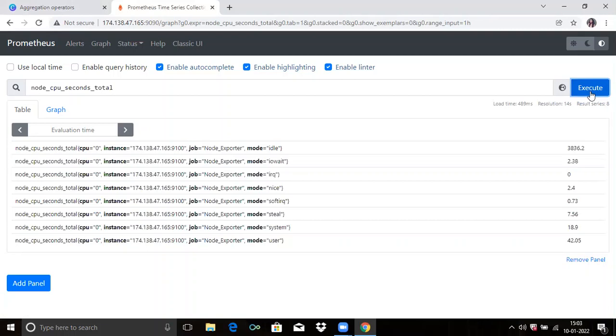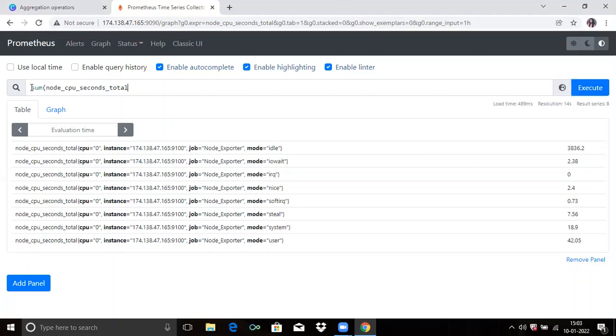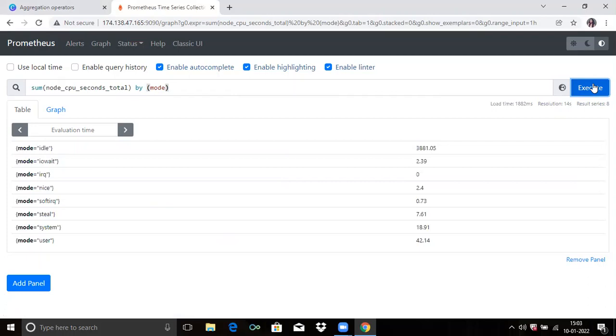If you want to get the top 3 modes in which the CPU is spending most of its time, then firstly enter sum and in brackets our expression, and then by and in brackets mode. Now click on execute. Here you can see it groups successfully. You can see mode idle, then nice, and so on.